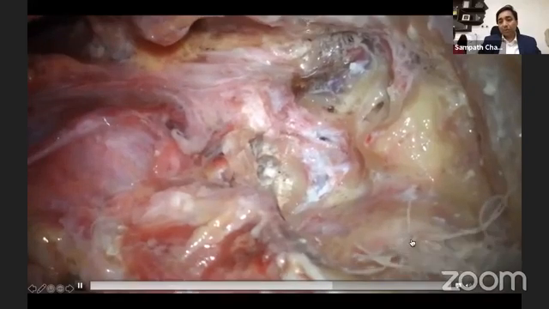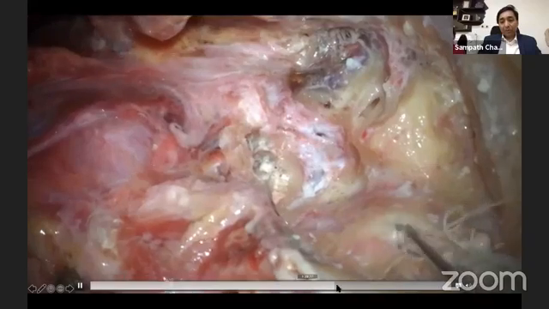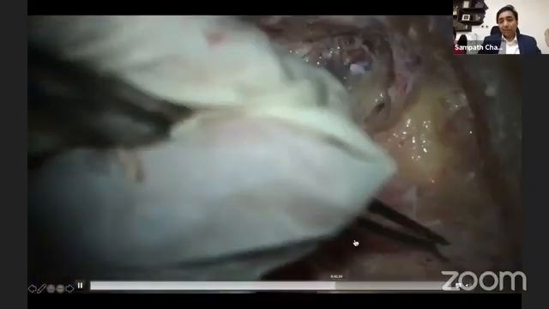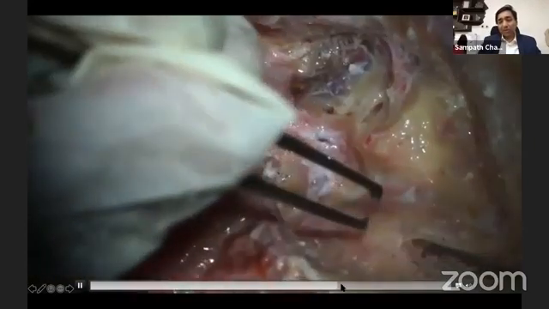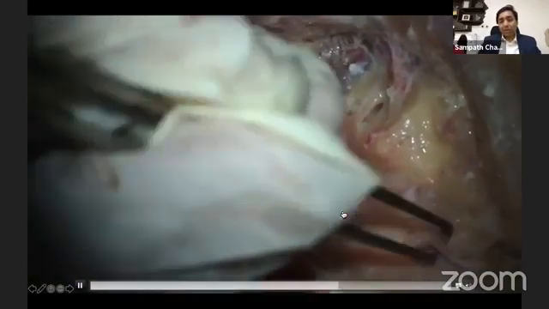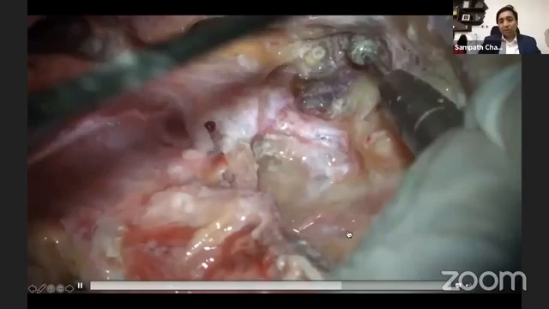The sigmoid is closed using Surgicel. Here I'm using a cotton gauze, but you use a Surgicel and close the sigmoid extraluminally, and if necessary intraluminally. Generally it's not necessary. I close this in two places, one above, one below. I do another stitch here. You see here, I close this also. So the sigmoid is 100% closed.